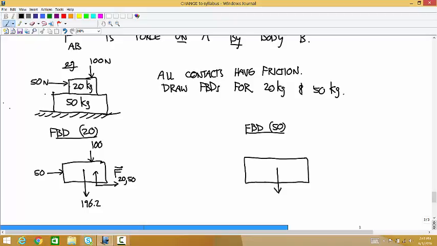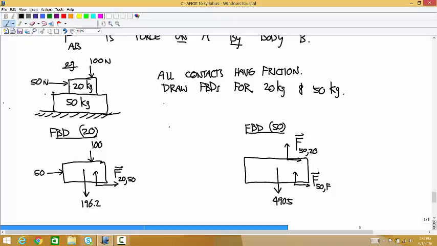There's the weight. So that's 490.5. And now going around the boundary, where is there contact between the outside world and this boundary? At the top. And what's the name for that force? That's right, on 50 by 20. Where else? Yep. And so what's the name for that? On the 50 by the floor. And what about that